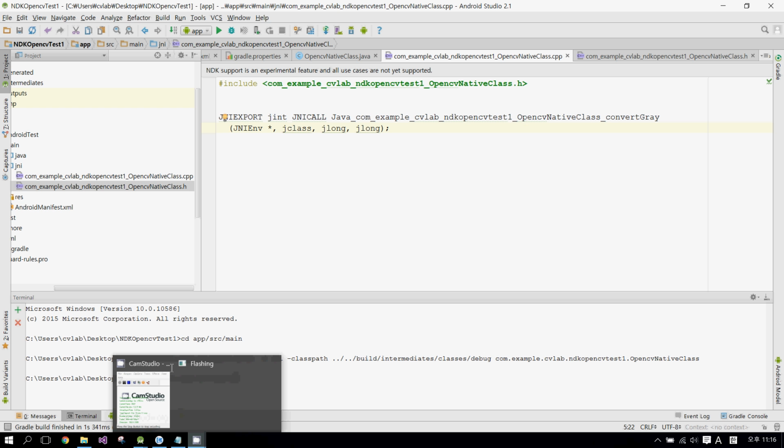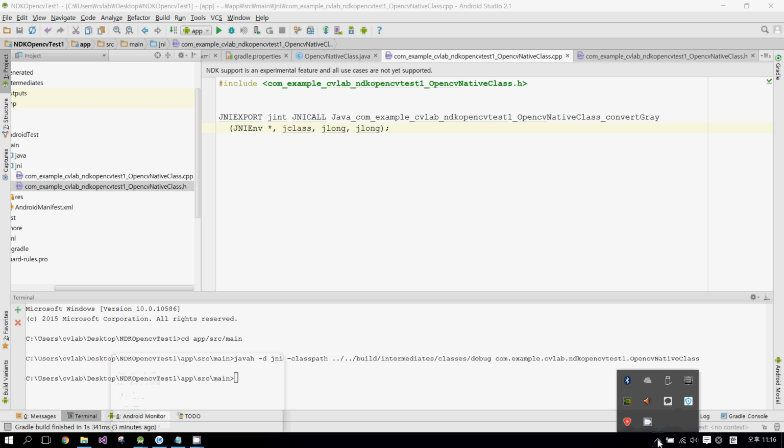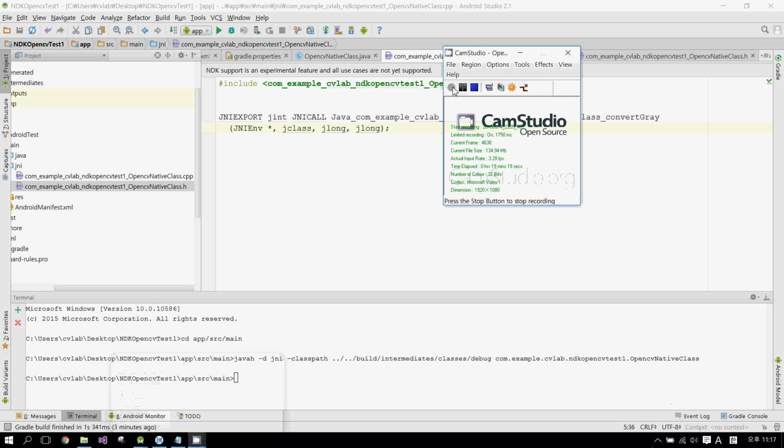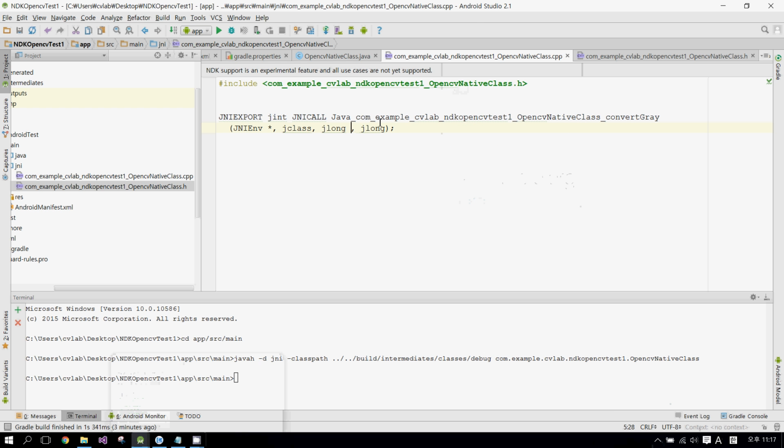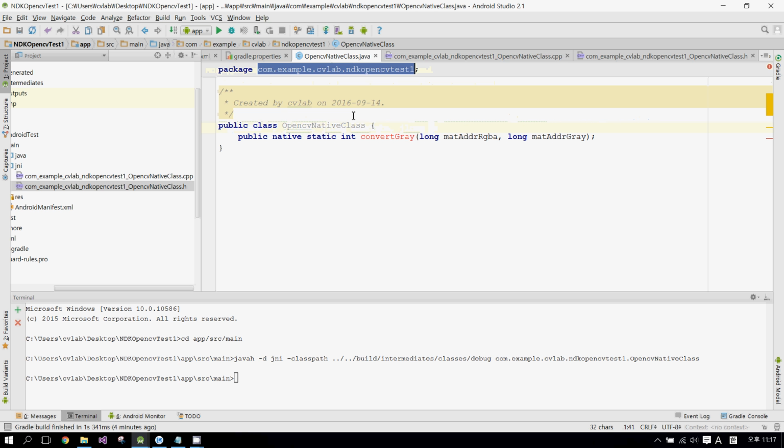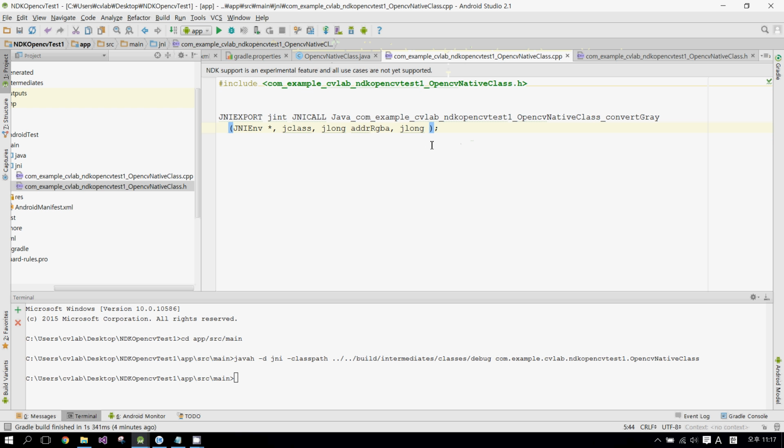I don't know, sometimes my computer crashes very easily. In here we transfer the address of the RGBA mat, addrRGBA, and the address of the gray image as we declared in the native class here. So addrGray,